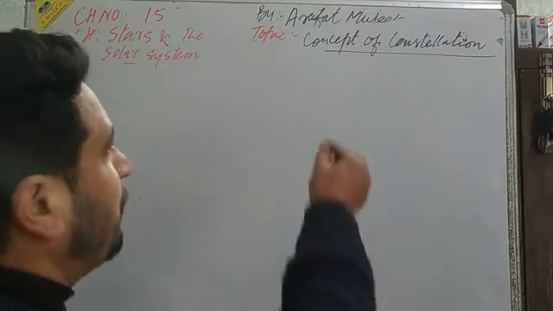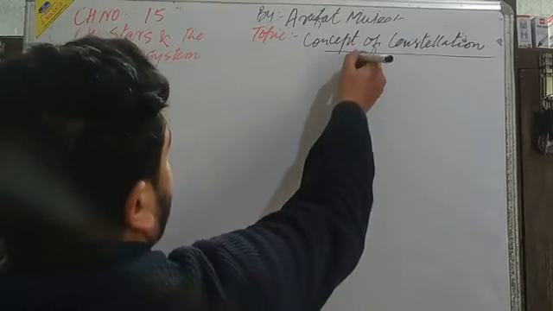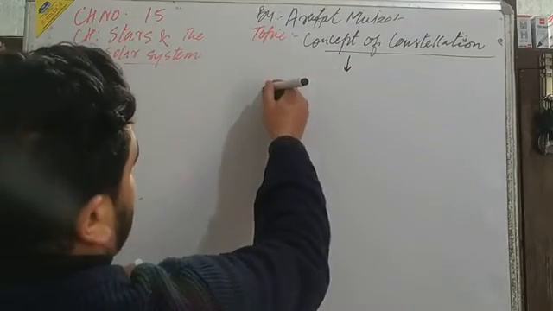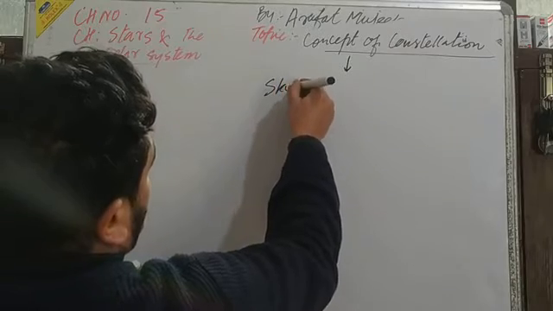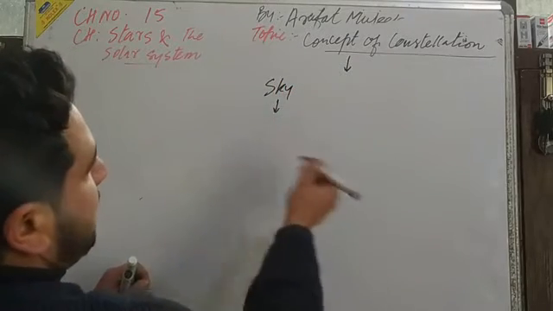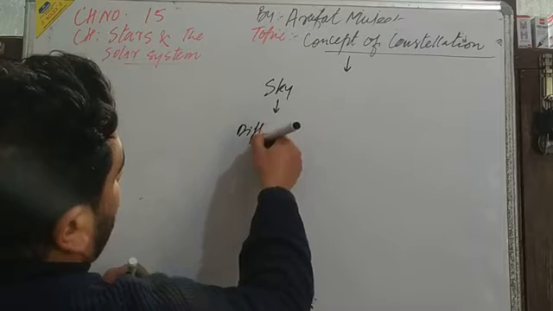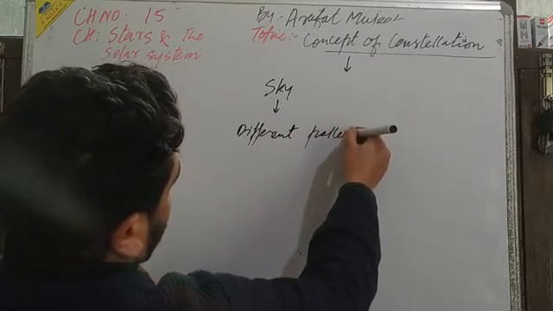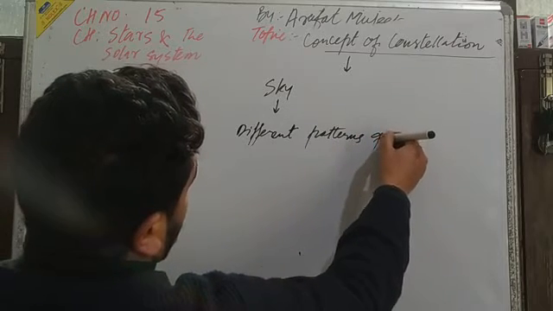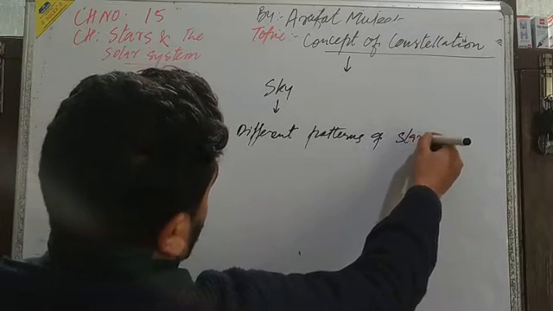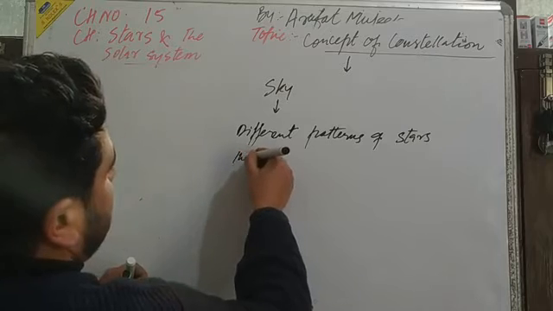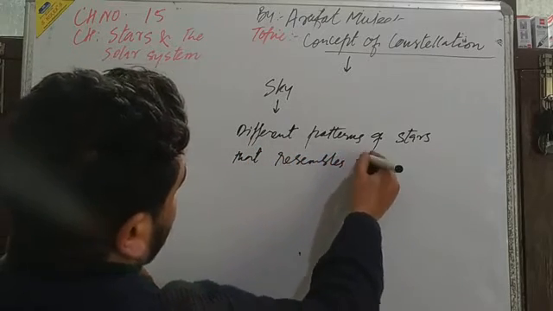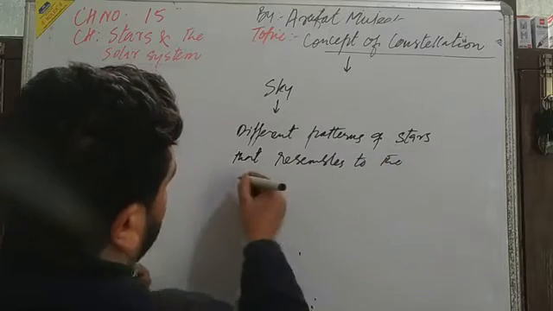आज हम इस कॉन्सेप्ट को पढ़ने जा रहे हैं. Constellations क्या है? In the space, in the sky, you can see the different patterns of stars that resemble the objects